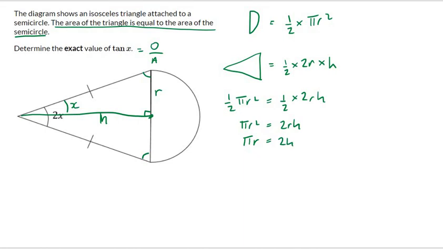We're aiming to get tan x. Let's think: if we put tan x in terms of what we've got, opposite is r and the adjacent is h, so we want r over h. Let's use our equation. To get r on its own, we need to divide by pi. Then to get r over h, we just need to divide both sides by h. So we get 2 over pi. So that means that tan